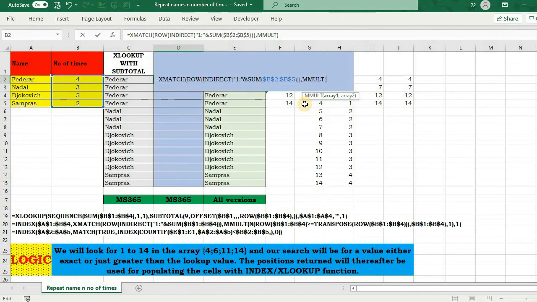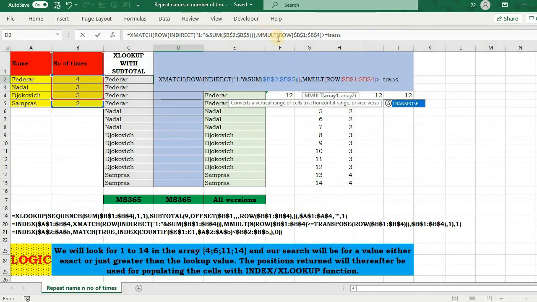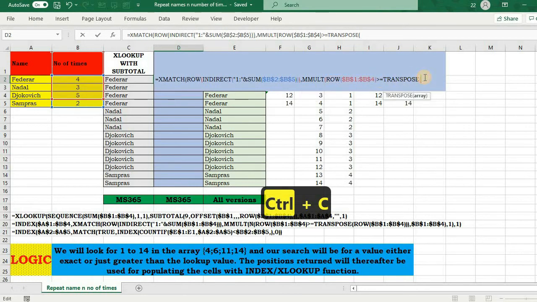With MMULT, we multiplied this, comparing 1, 2, 3, 4 with greater than or equal to the transpose of it, and so comparing row, so this is giving me 1 to 4, and comparing with this,